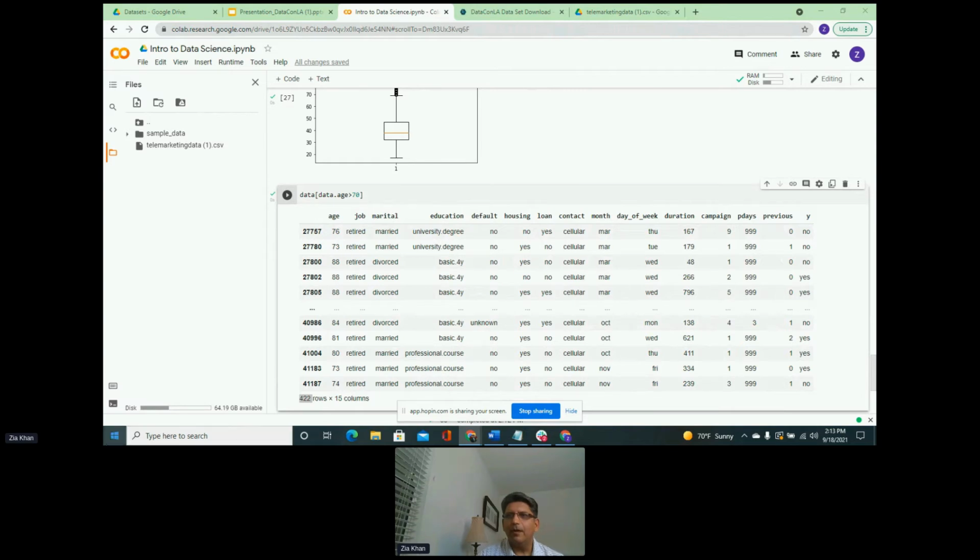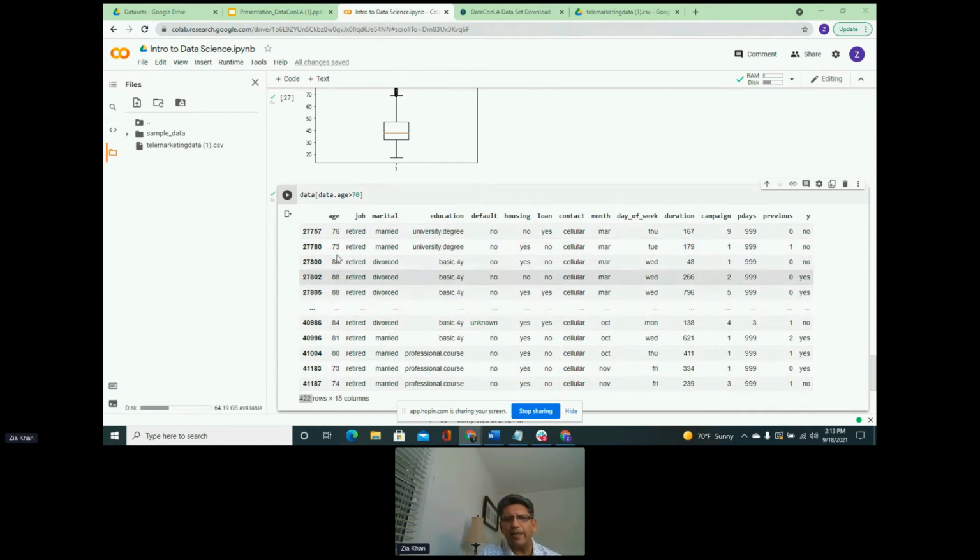All right, so this is the data that we have for people who are above 70 years of age. If we wanted to analyze these, they are our statistical outliers. Let's see what is going on here. Because we filtered for anybody above 70, you see that the age is primarily above 70 here.